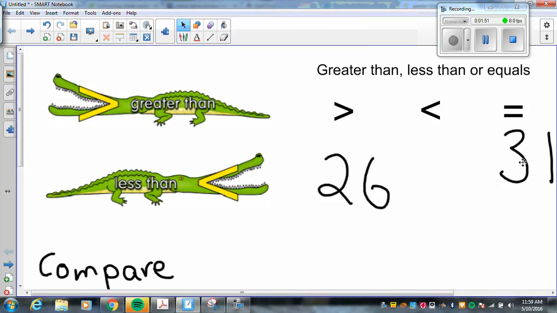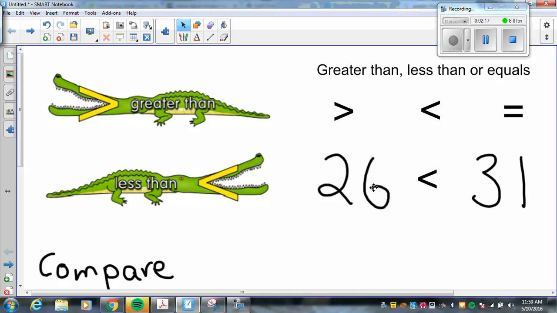We know that 31 is the biggest number, so we need to find the arrow that is going to have the open end, the open jaw, that will face towards the largest number, and that's this one. Okay, and this is saying that 26 is less than 31,